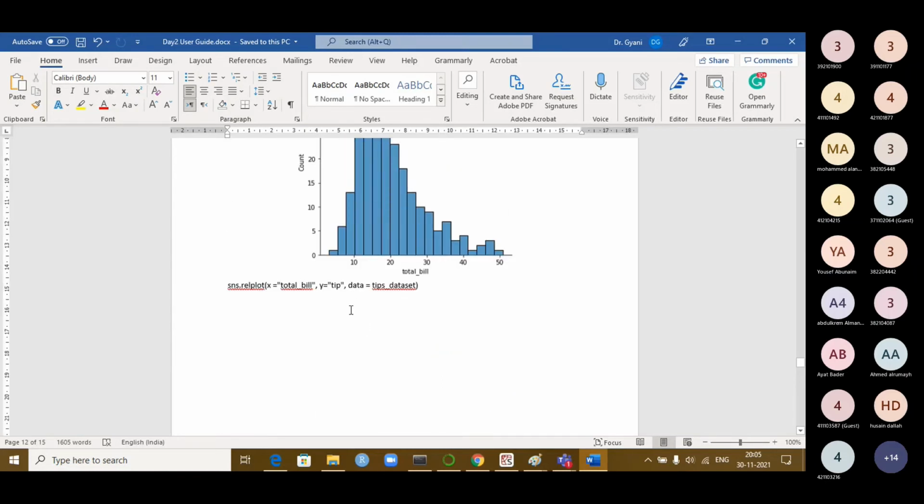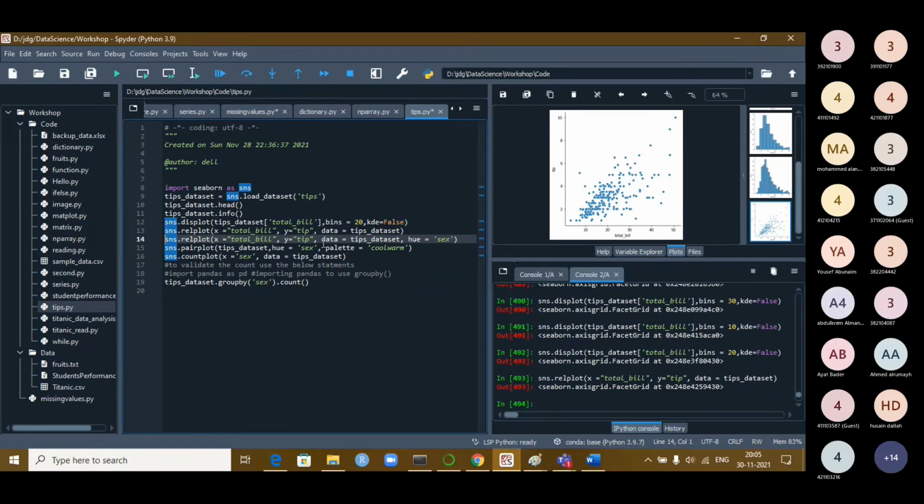So let us try to look at the relational plot. This is already drawn here. This is a relation now. You see what is the maximum bill available here? You can see from the graph here, 50 is the maximum bill. So for the $50 bill, the tip was given as $10. This is the maximum tip given, when the bill amount was $50.